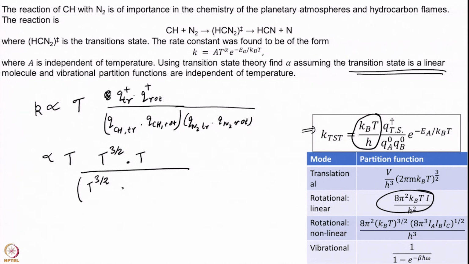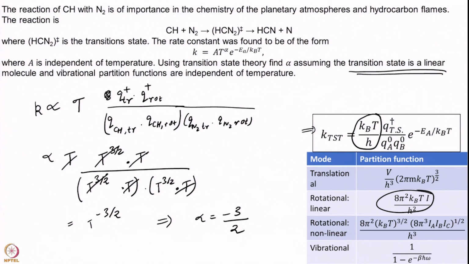Rotational of CH is also linear. N2 translational, N2 rotational, all linear molecules, proportional to T. Okay. So, this cancels with this, cancels with this, cancels with this, and I am left with T to the power of minus 3/2. This implies alpha is,